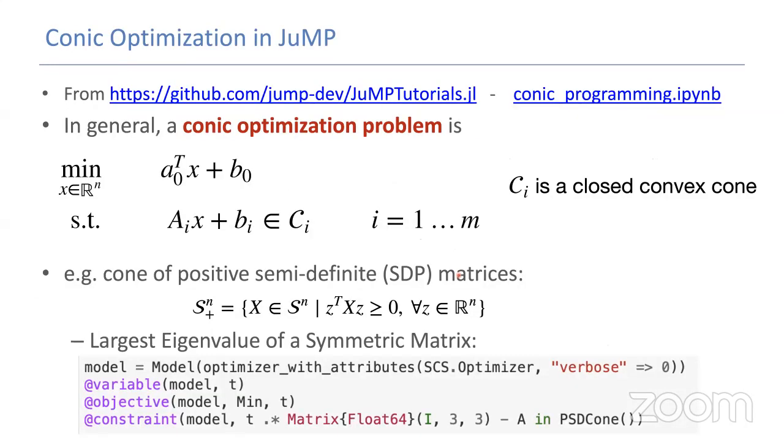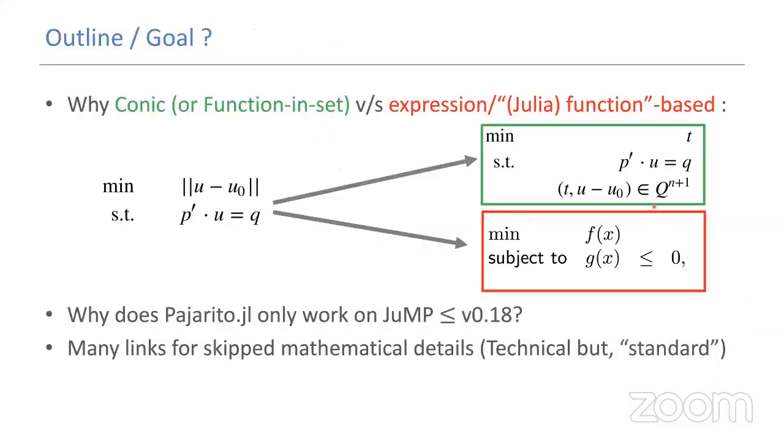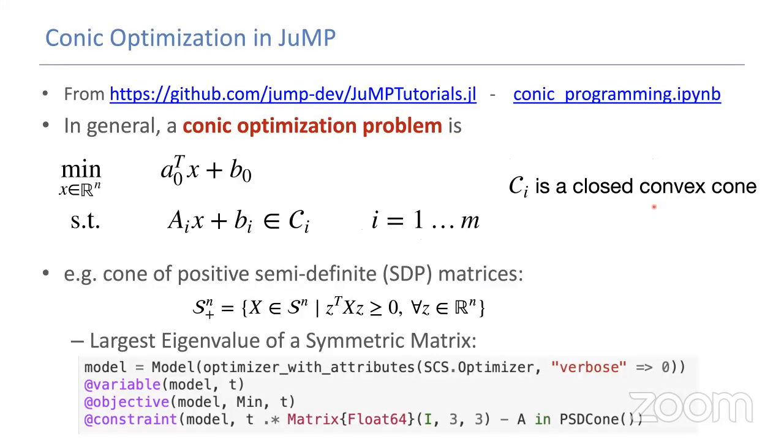So going back, what is conic optimization and how is conic optimization handled in JuMP? Again, in the conic programming notebook in the JuMP tutorials, it explains that a conic optimization problem is an optimization problem written as maximizing some linear function over many conic constraints. The generic form is you have some affine function of the variables, and you're asking it to belong to a given cone. It could be the Lorentz cone that I showed over here, and there are a lot of extra cones that you can have.